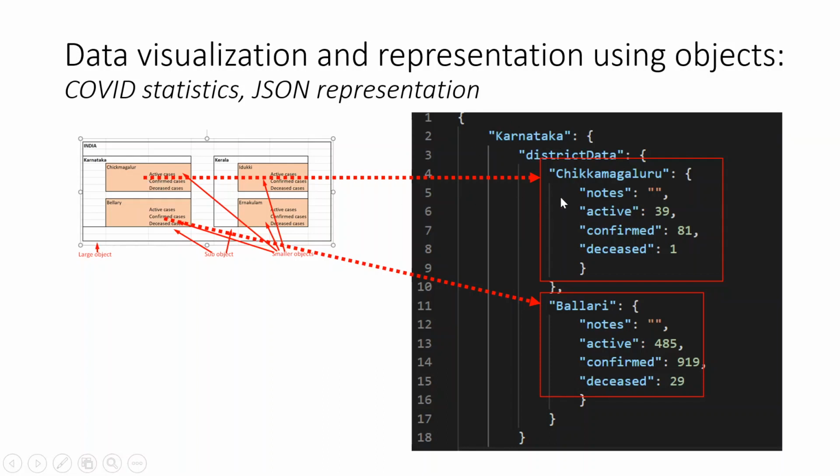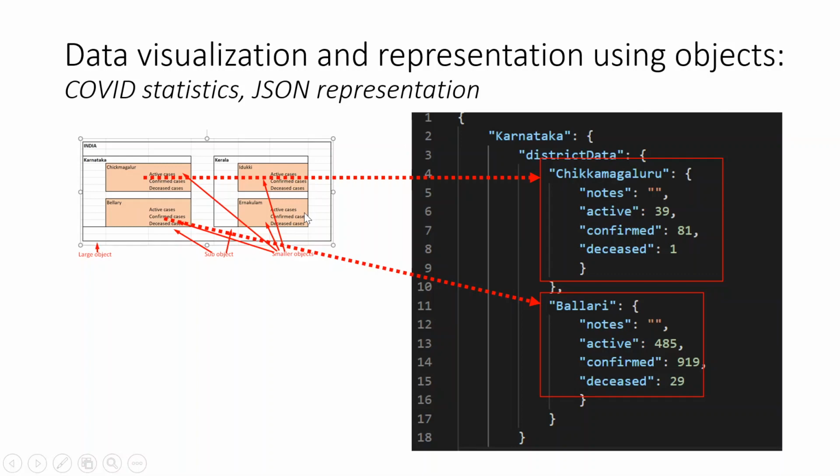If I want to see Chikmagalur, it is under Karnataka and district data. Inside that there is this. So this is how the JSON looks like. JSON will usually use a colon to separate. These are actually key and value pairs. So this is the key and this whole dictionary is a value. Again, if you go inside that dictionary, this is the key and this is the dictionary. Again, if you go, this is the key and this is the value. So you have a big dictionary. This is a nested dictionary. That means there is a dictionary inside a dictionary. So you're putting a box inside a box and a box inside that box. That is how this needs to be visualized.